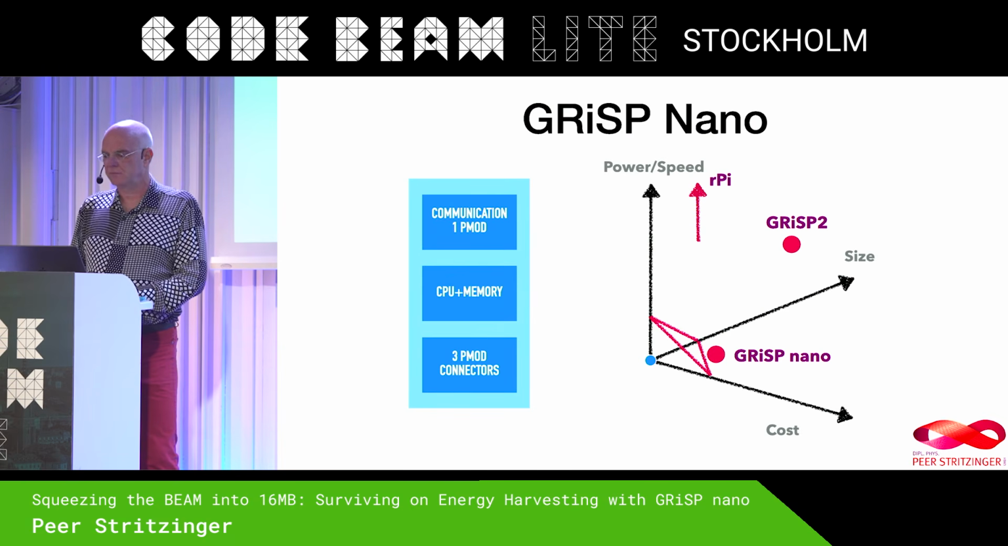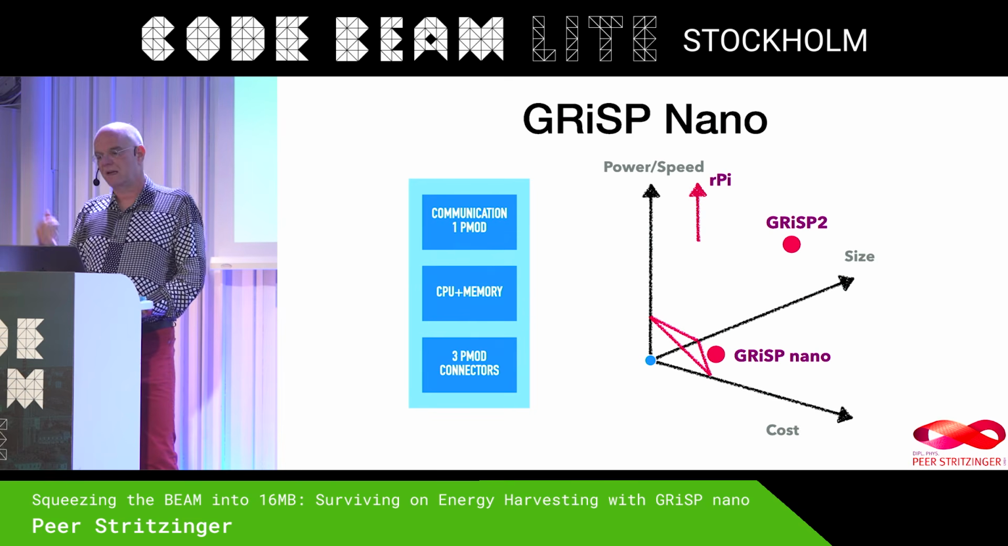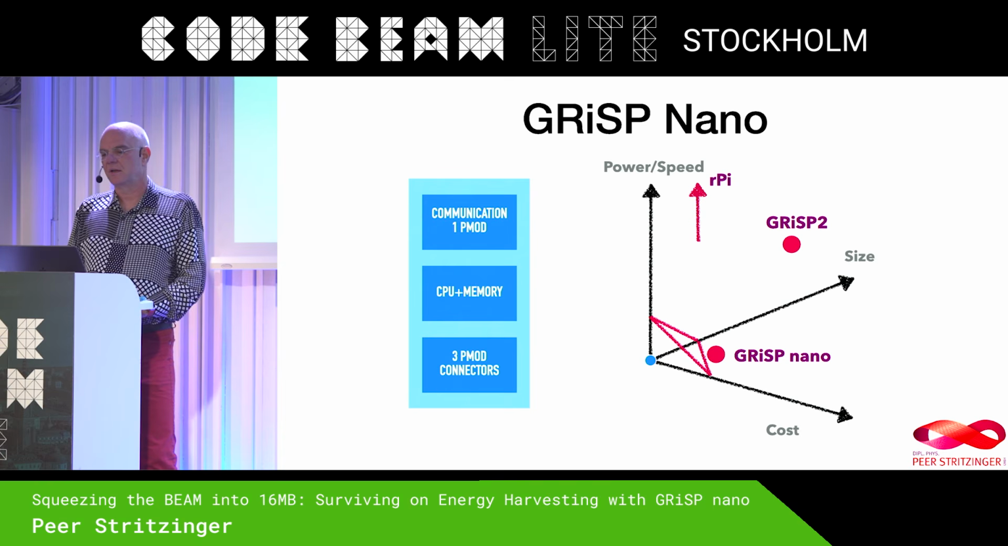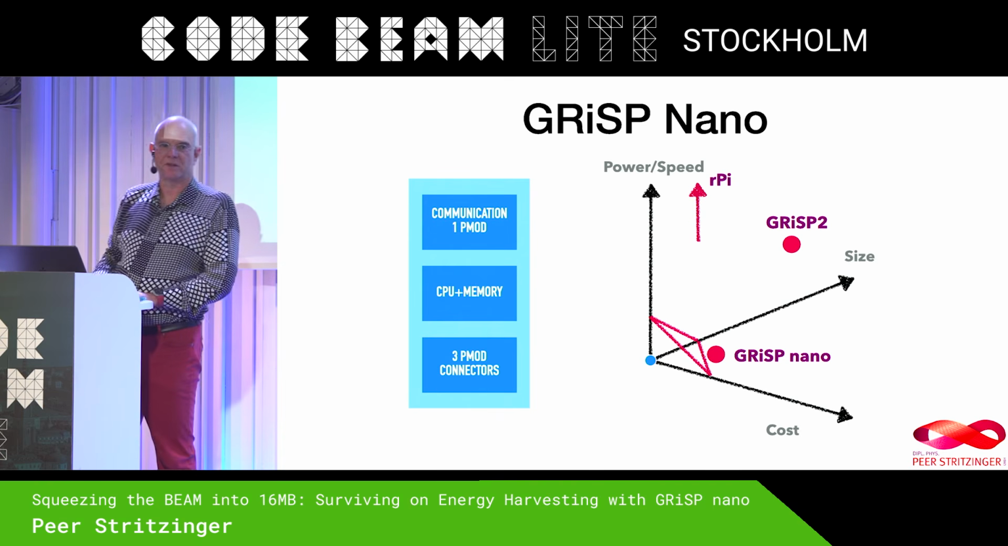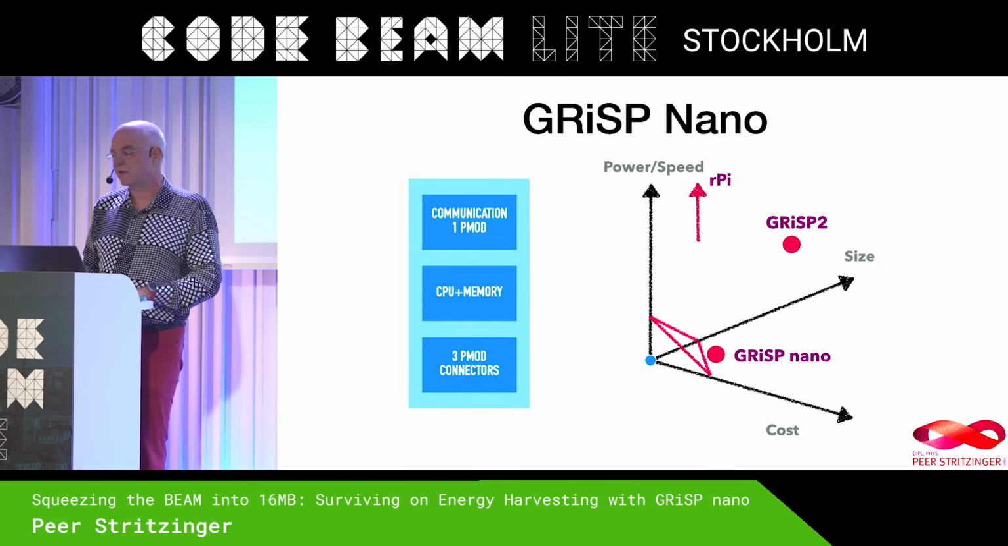So that was what we wanted to build next. Basically, we wanted to build something in a three-dimensional space, vaguely, where you have power and speed upwards, and size and cost. We wanted to have something as close as possible to the origin as we can encroach. So the Raspberry Pi is not on this slide. It's somewhere up here because it uses much power. It's a little server. It's not very power efficient. There are also smaller ones that are more power efficient, but